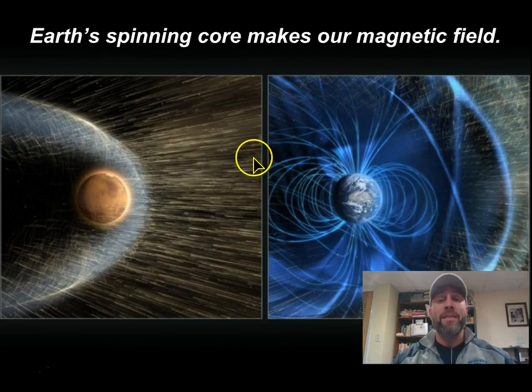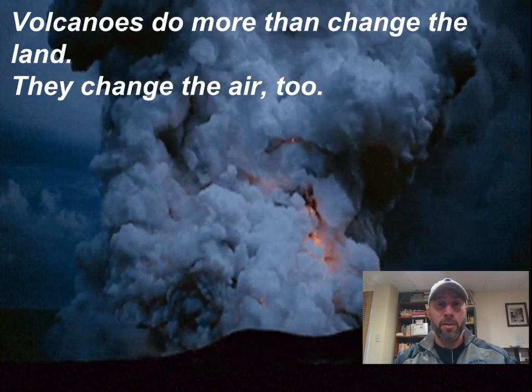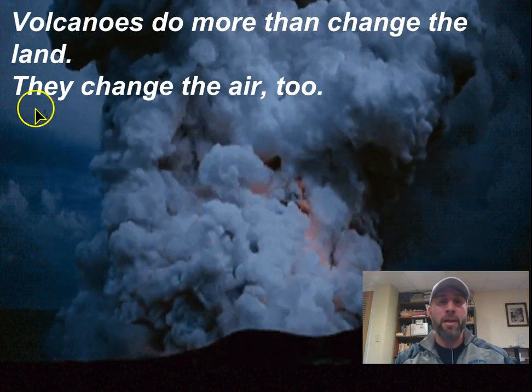But, again, the fact that we had this dense core on the inside because of differentiation, and it was made out of iron and nickel, and it's spinning around, it created a magnetic field, okay, and that magnetic field acts kind of like a force field and protects us, okay, and we'll come back to that in a little bit.